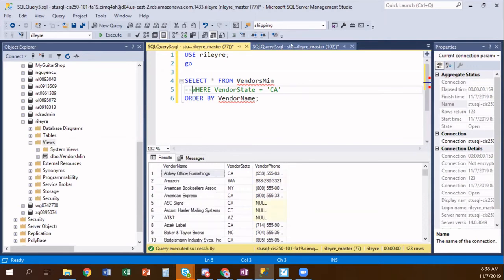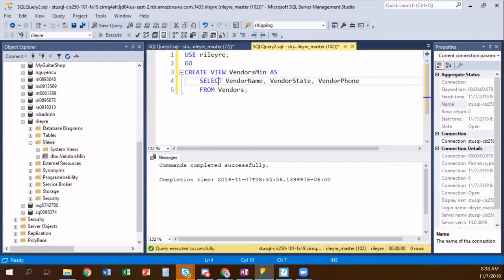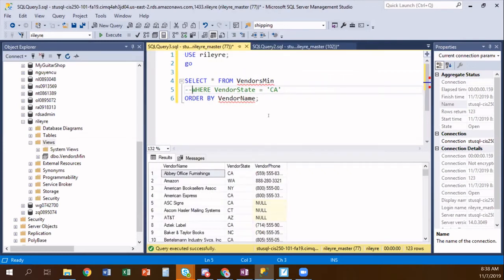Now, in our where clause, we said we were getting name, state, and phone. So that should be what we're getting. Is it working for everybody? Got your view? Yes. So